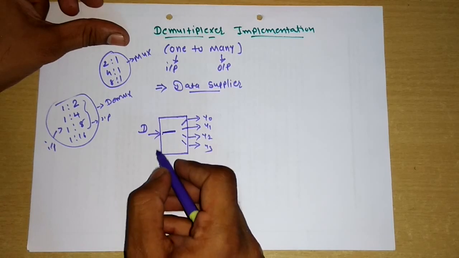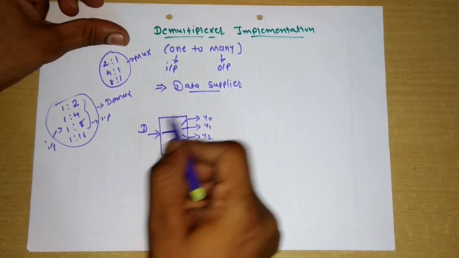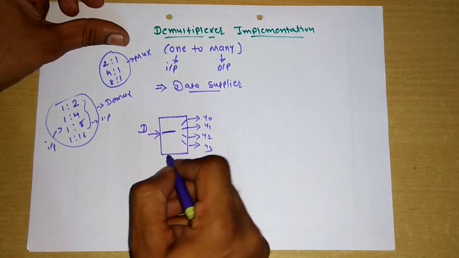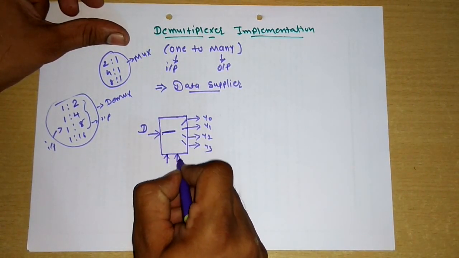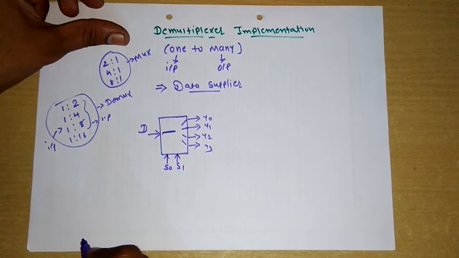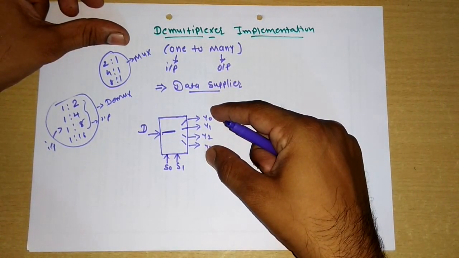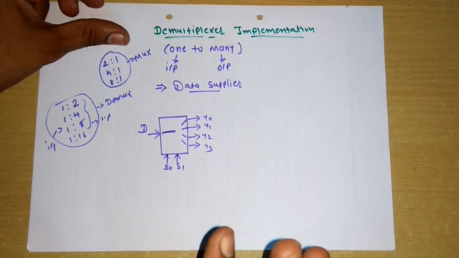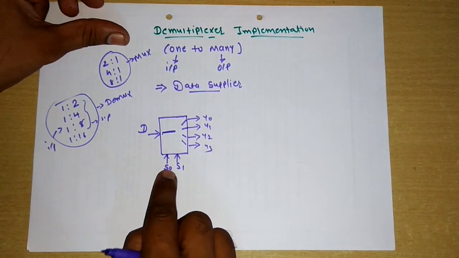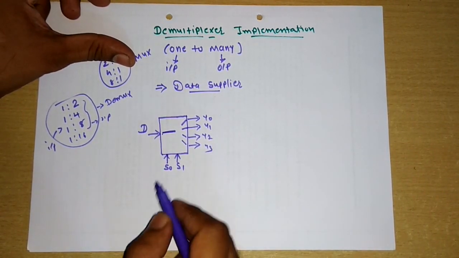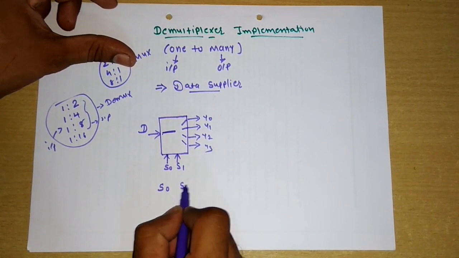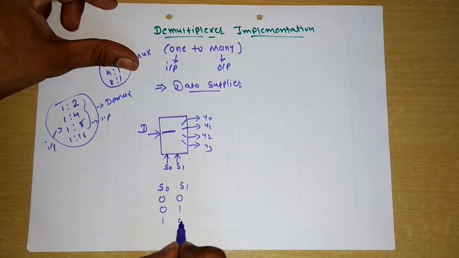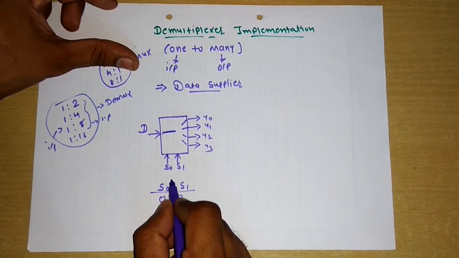If we want to choose that, let's say, D is connected to y0 or y1, we must have some condition. So the same formula is going to be used. We require selection lines in this. Though we have 4 possibilities, either we connect to y0 or y1 or y2 or y3, we require 4 combinations, and to represent those 4 combinations we require 2 selection lines. Based on these 2 selection lines we can make the truth table with S0 S1. The 4 combinations are 0 0, 0 1, 1 0 and 1 1, right? These are the 4 combinations.